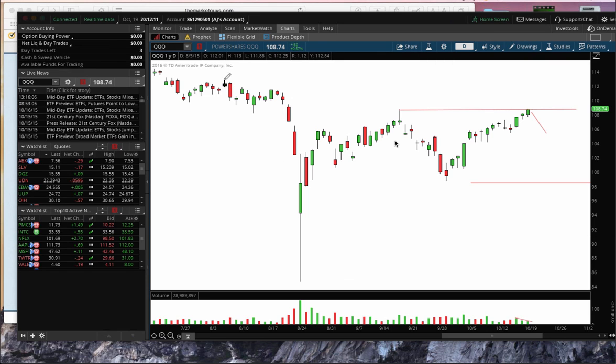But look, here's a high right there. You have to identify where a peak high is. Right there on August 5th, there is a high. If you look right here, there's a high. Look at that. There's a high. And here's a high. Now, it's not exactly to the day, but you can see that the highs are very, very